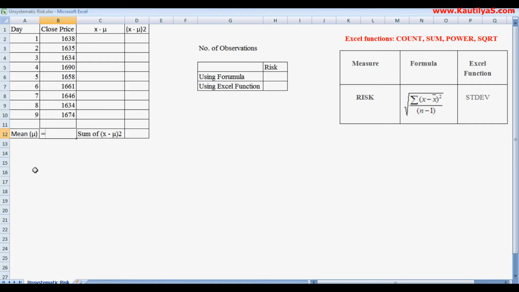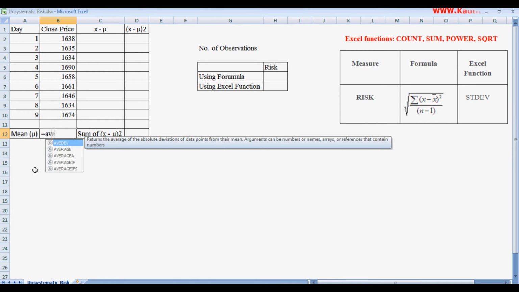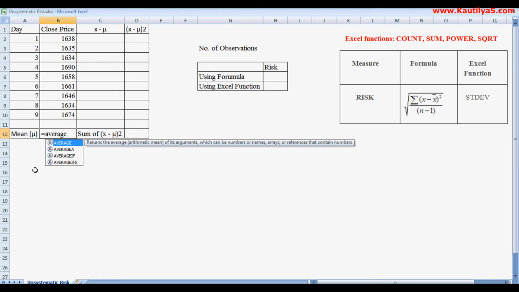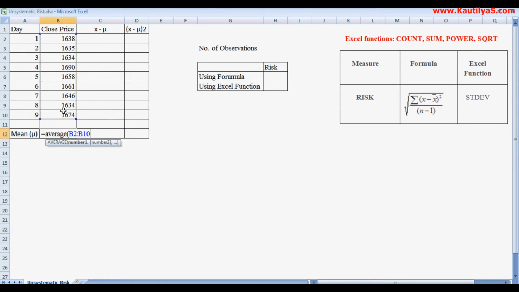So equal to average, select the bracket, select the data, then close. So we have an average price of 1652.